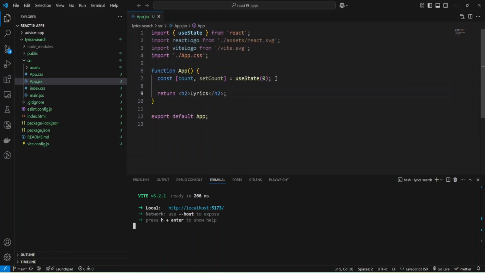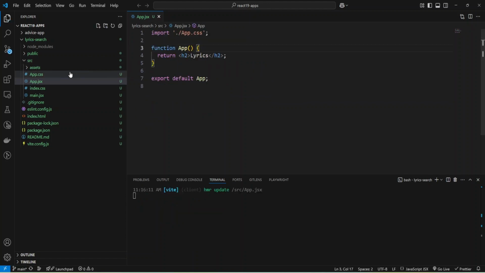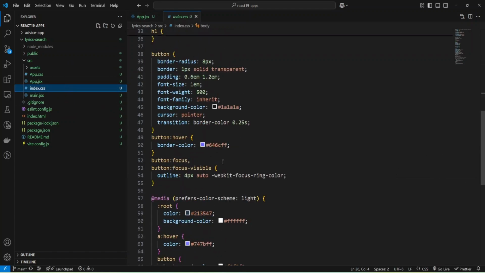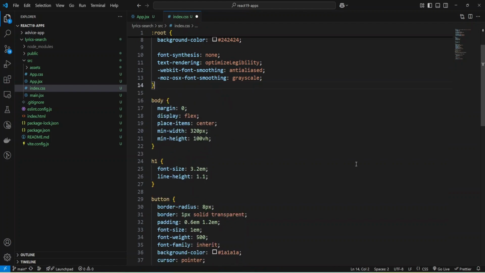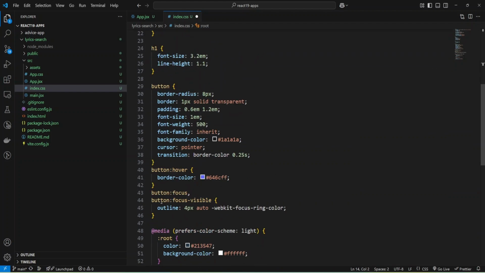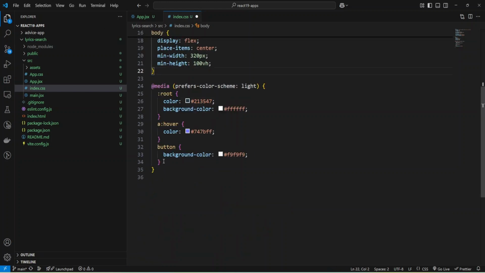And let's check. And as you can see, I have my header. And now I'm going to remove all these imports, also useState, and here. And let's adjust styles. I'm going to hide my terminal, and in index.css I'll remove styles for a, and also for button, and also from media.